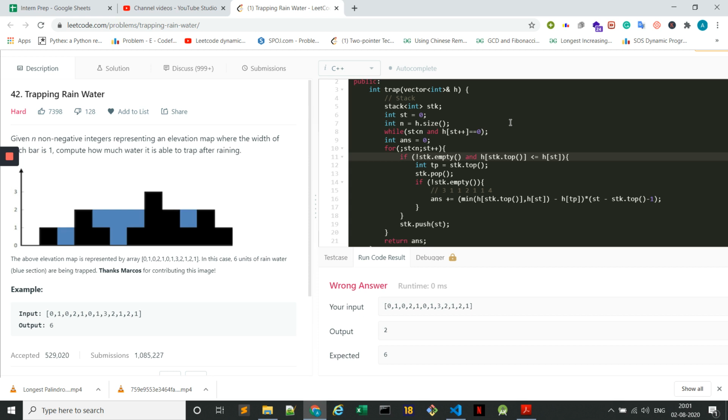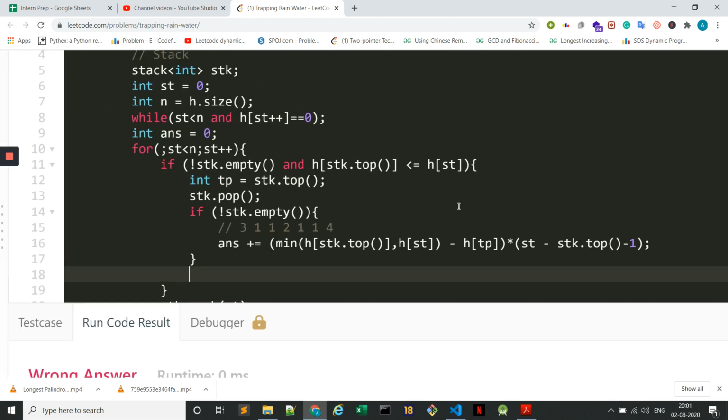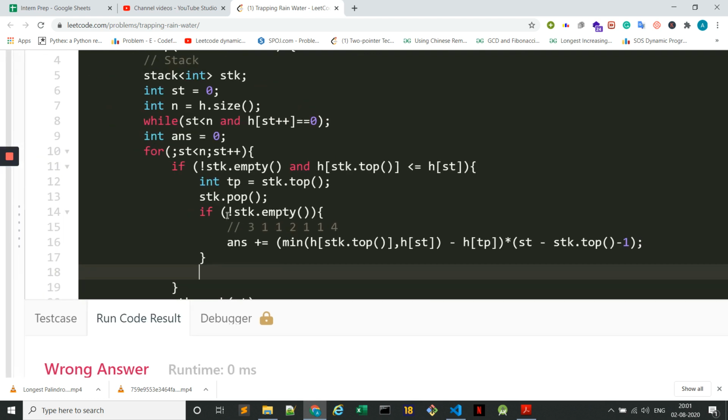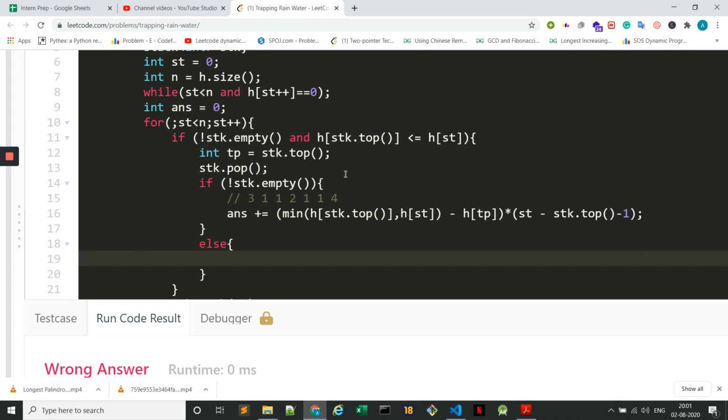Okay. So I got my error. If you see in the image, they have clearly given a great image. Why? Because on the left hand side there is a bar for which there is no right foundation, but still it is contributing because it has a left foundation, right? So over here, what we said is that if the stack is empty, that means they have no left foundation, but they can always contribute if they have a right foundation, right? So we know that there is a right foundation.